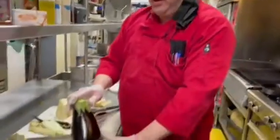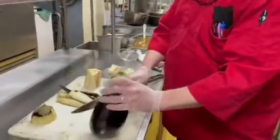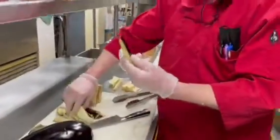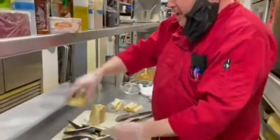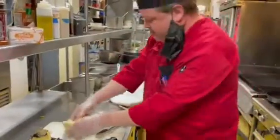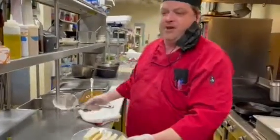Today we're going to be making a fried eggplant appetizer. So this is what your eggplant will look like when you get it from the store. I've already taken one, cut down the sides, peeled everything off because you do not want to eat this. Here's the top of mine. These are some slices I've got. Today we're going to take these, we're going to fry them up, and we're going to put them with a